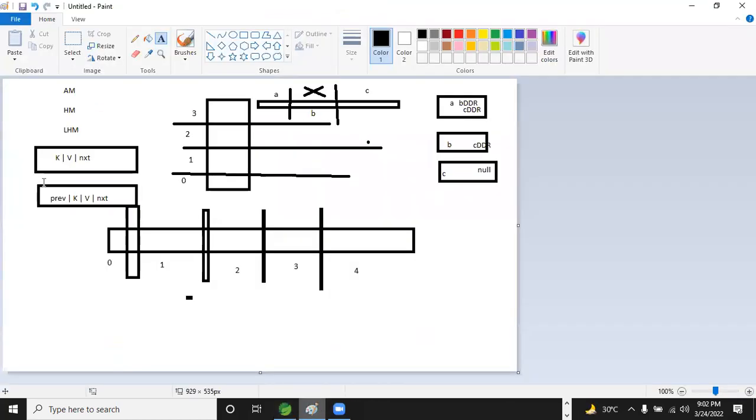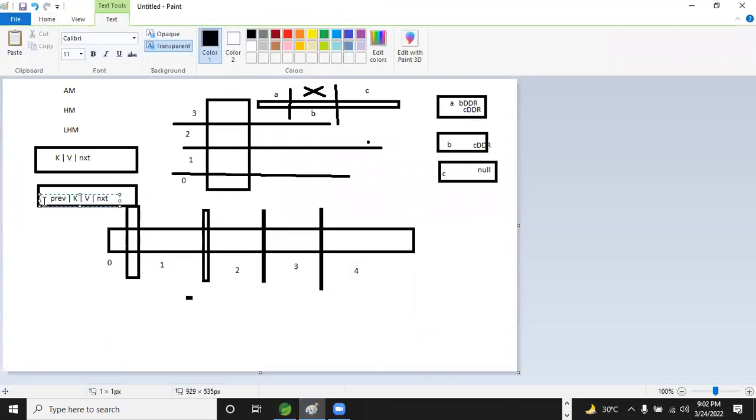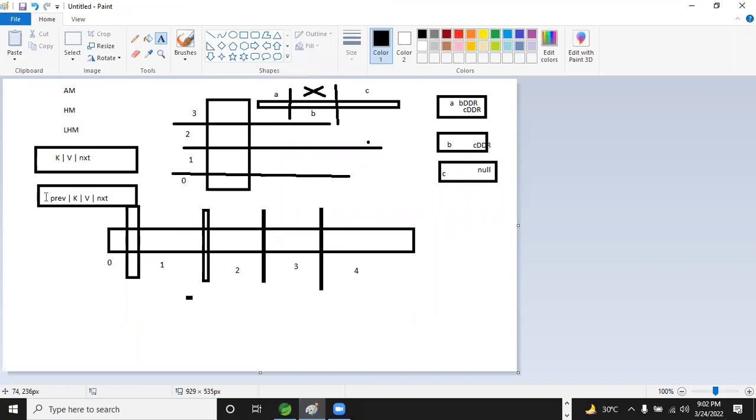So we are here, now coming to the previous one: key, value, next. How will your hash value get created? What all things do we need to consider when we create the hash? A quick question: why do we need a hash key here every time? What is the purpose of generating the hash key?